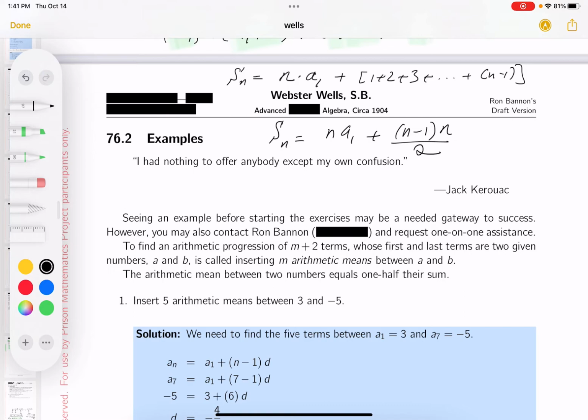That doesn't look right, though, does it? I guess I have to do more work. Get back to what we had before, right? So Sn, and I'm going to put a 2 down. I want to combine the two terms together. I'm going to factor out an n. You would get 2A1, which is A1 plus A1, plus,